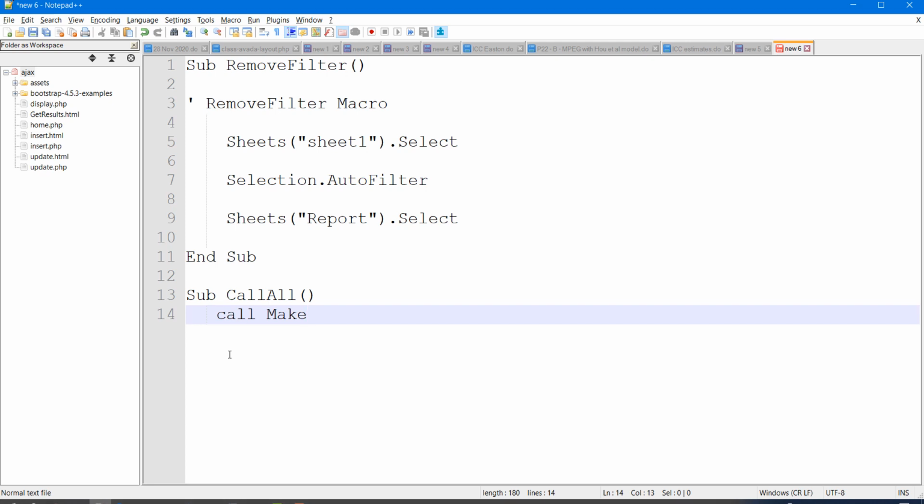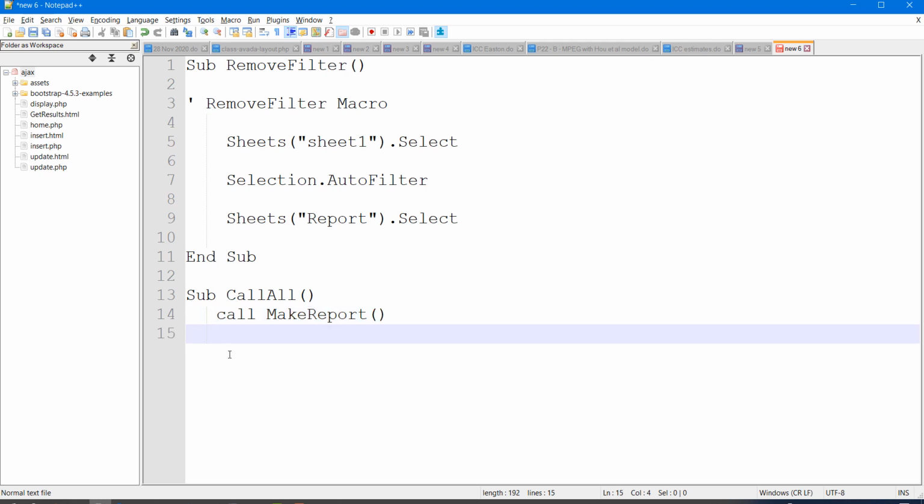Call is a function that will run a specific macro. So if I say call make report, it will execute the code of the make report macro. And once that code has been executed, I then say call remove filter.